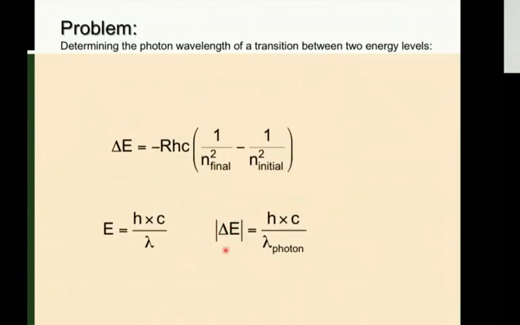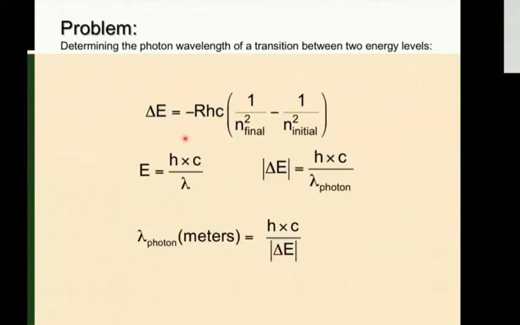So the absolute change in energy is going to be equal to H times C over lambda of the photon. So we just rearrange this equation to get lambda of the photon. Here we have our equation to find delta E. This is our Planck's equation using C is equal to wavelength times frequency. And then this is our way of finding the energy based on the wavelength of the photon,